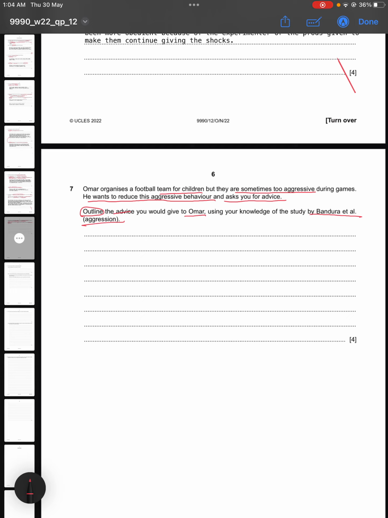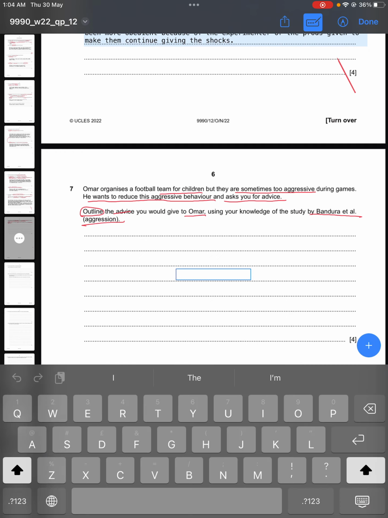And over here, Umar wants to reduce the aggressive behavior of the students. But for that, he is asking for advice, and he is asking us to suggest how to conduct this whole thing by using Bandura as a study. So this is like an oppositional thing, but you have to use Bandura the other way around